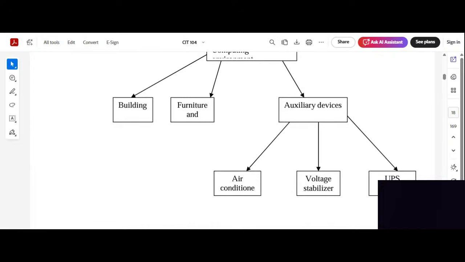When we talk about the computer, we're talking about the monitor, the one that looks like the TV, the mouse, the keyboard, the CPU. You understand? Those are the main parts. But the ones that are kind of attachments to make your operation of the computer better, those are auxiliary devices. That is where we have UPS too.